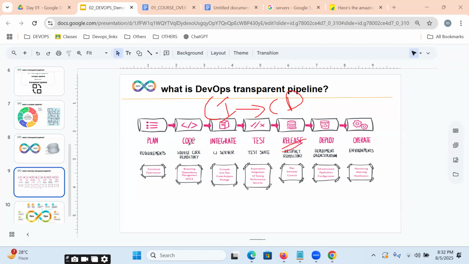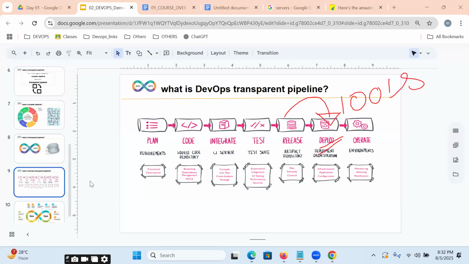So how exactly are we going to implement the CI/CD process with the help of Jenkins? Jenkins is a CI/CD tool. Once it is continuous integration, continuous delivery, then we are going to deploy our applications on hundreds of servers.